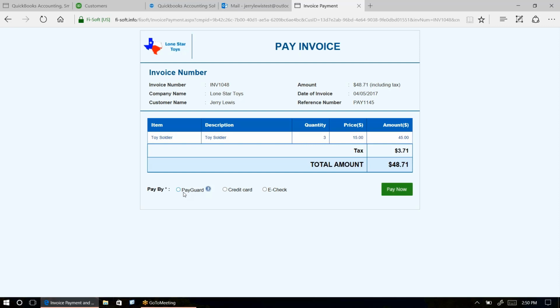So again, just as a refresher, PayGuard is a secure form of processing payment transactions without forcing your customer to manually re-enter or store live credit card data. Very simple option to use. We would simply click on it,